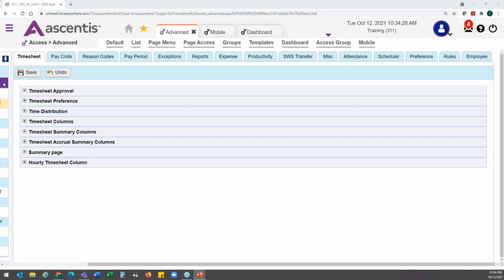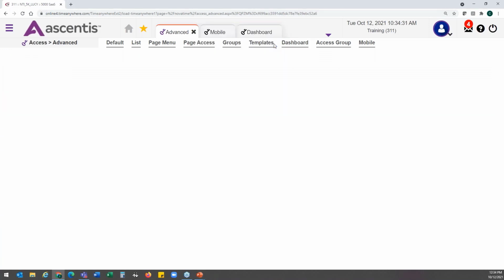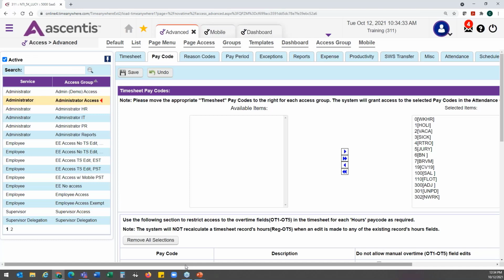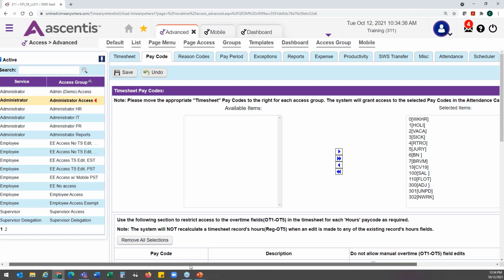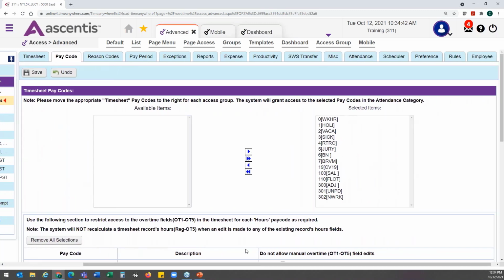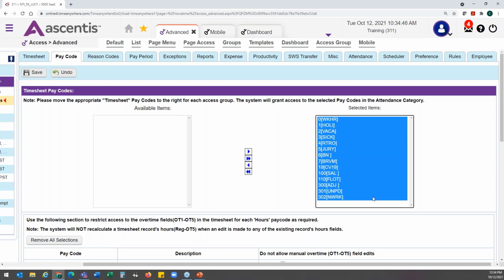Okay. Now the next tab in here is the pay code tab. So this is giving permissions to using different pay codes on the timesheet. So again, I'm in my administrator access group off to the left-hand side. So that means this administrator access group can see and use any pay code in the system as of right